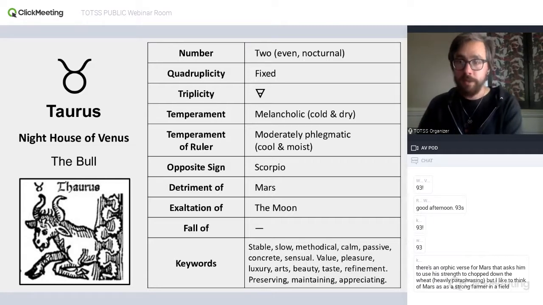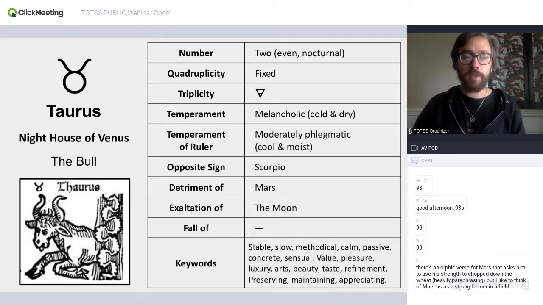All right, Taurus is the exaltation of the moon. And this is a nice one where you really see that idea of the moon. Probably the most difficult thing of the moon, if you have a very prominent moon in your chart, a way of talking about what would be difficult for that person is instability, right? The moon is very fast and is constantly waxing and waning. So there's an instability and a variability with the moon that can be difficult.